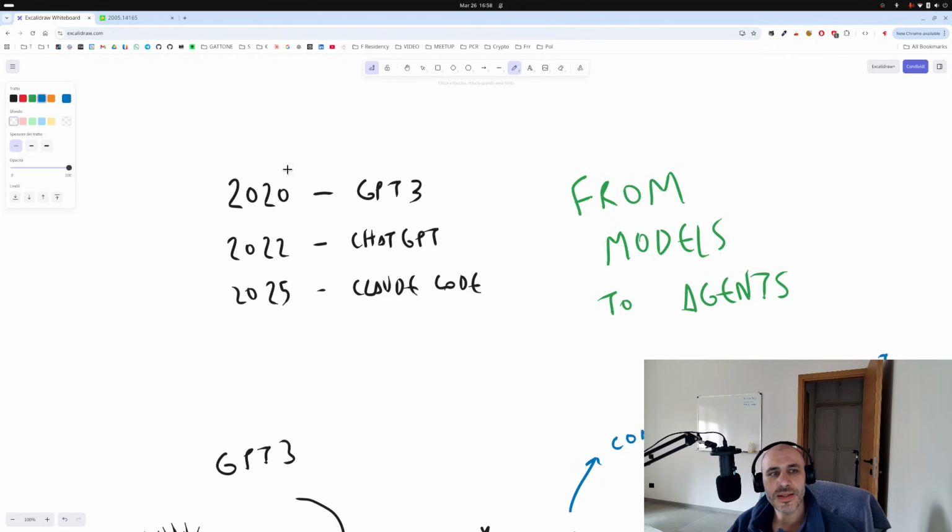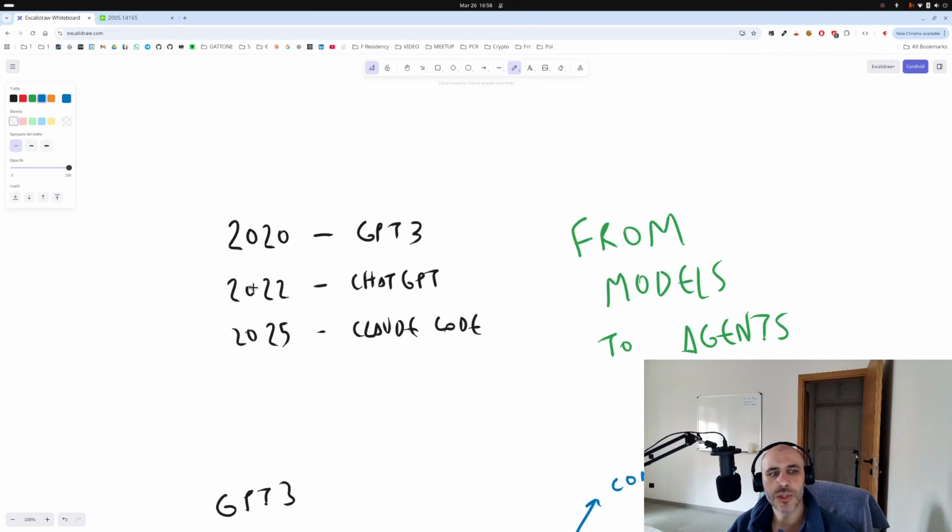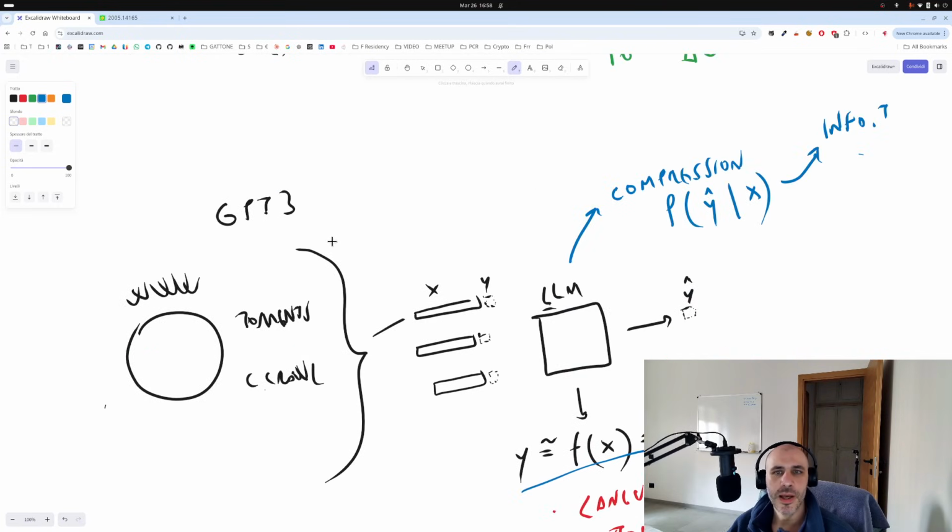But two years came by, and while OpenAI, after publishing GPT-3, was working on GPT-4, they decided to publish a user-friendly chatbot based on, I think, some GPT-3.5, which came out as ChatGPT, and this was a commercial success. So what did they do between GPT-3 and ChatGPT of 2022? Mainly two things.